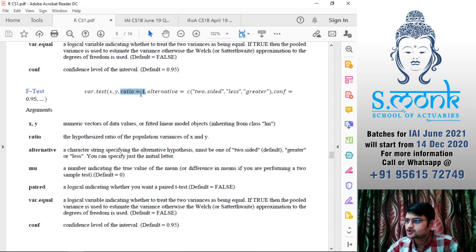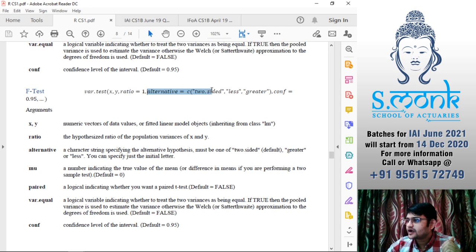The ratio is always 1, so you do not need to specify. But that does not mean there can never be such a question. The F test we use exclusively for testing whether our variances are equal, but they may ask to find whether the first variance is twice that of the second variance. Then your ratio is going to be 2.